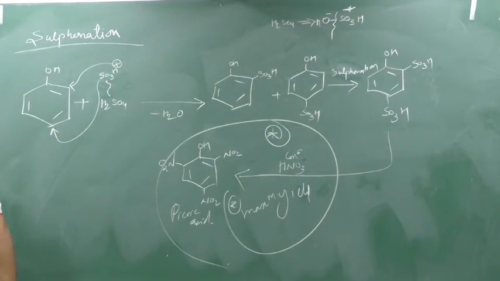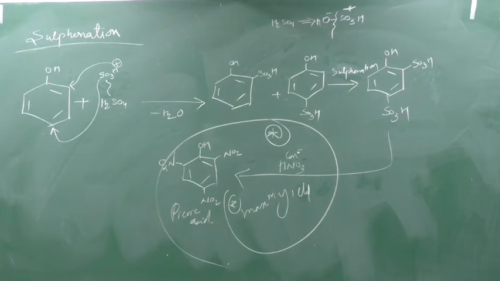Okay, take a screenshot, understand. Search in your NCERT textbook, you will understand. In the NCERT textbook they have asked you to do this reaction, as a question, and they have asked what is the advantage of preparing picric acid by this method. The advantage is that picric acid will give the maximum yield by this method rather than the nitration of phenol.